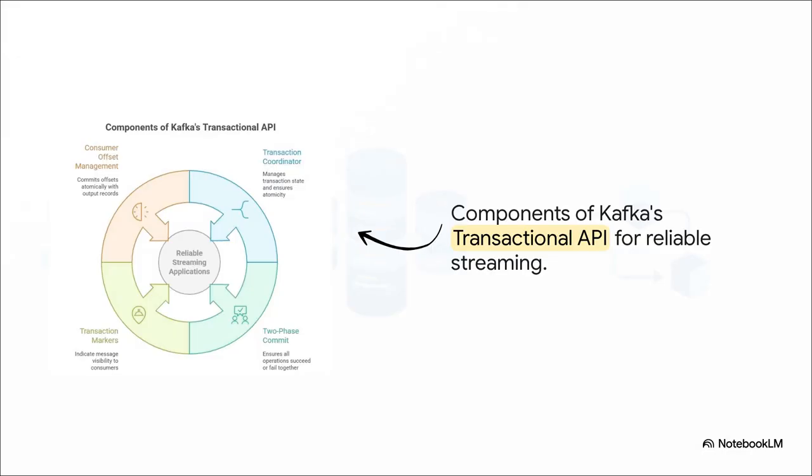Well, this atomic operation relies on Kafka's transactional API. A transaction coordinator manages the whole lifecycle using a clever two-phase commit protocol. It pushes these little transaction markers directly into the data log. Because of this, the downstream consumers only ever see messages from fully 100% completed transactions. If the system crashes mid-process, the transaction just cleanly aborts itself like it never even happened.